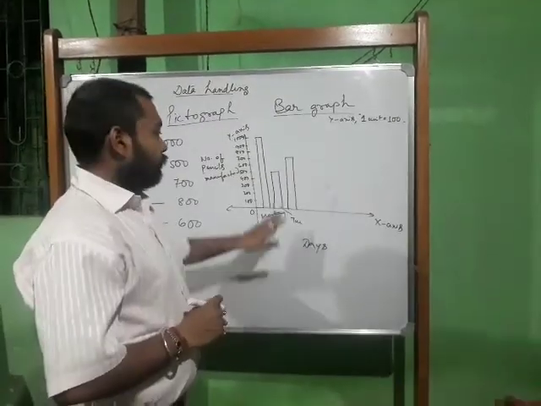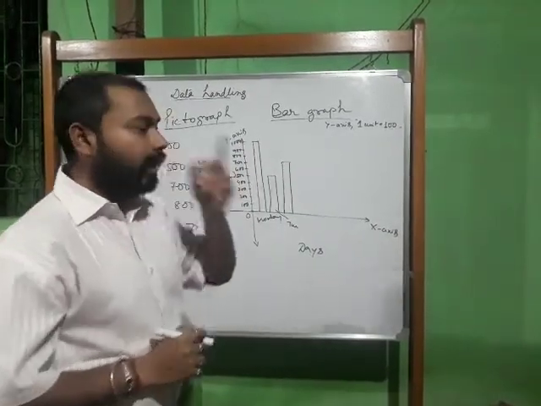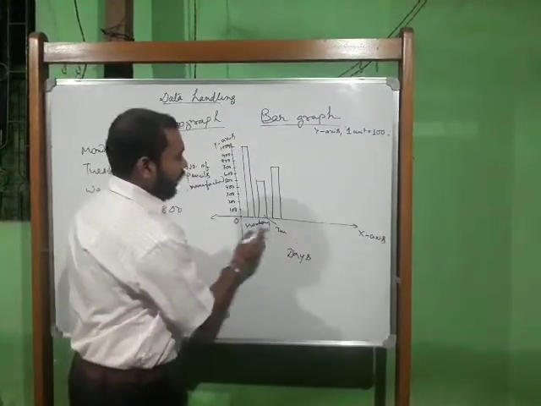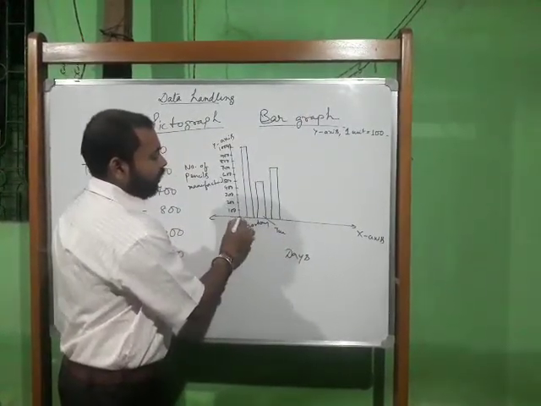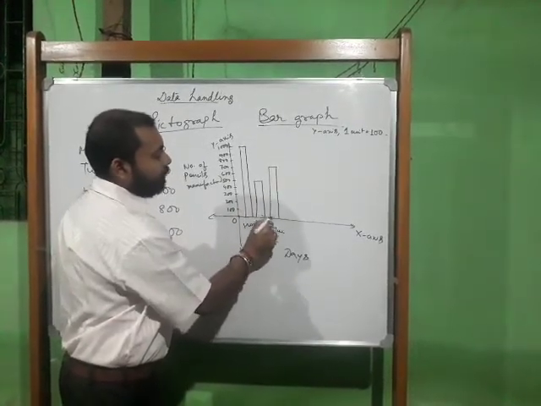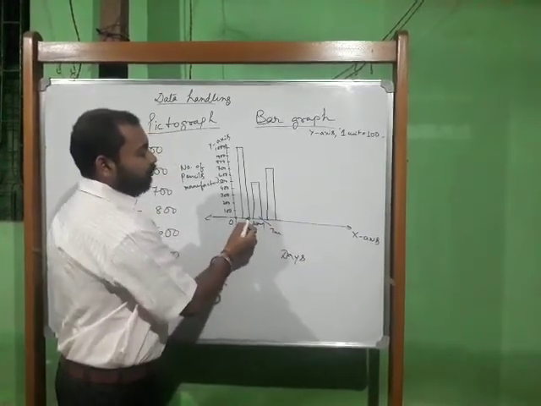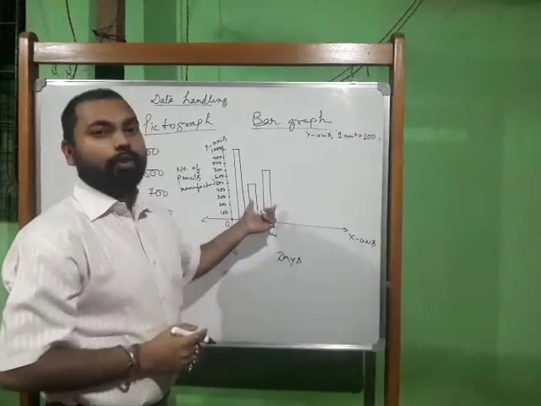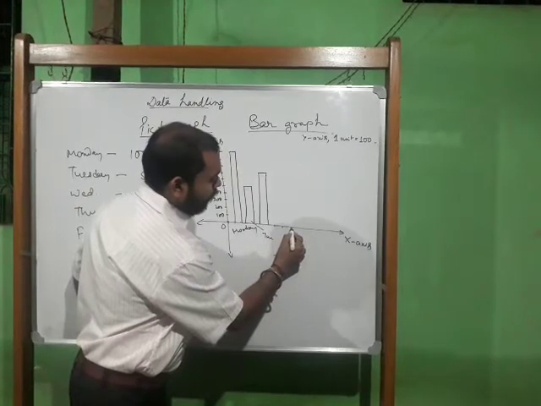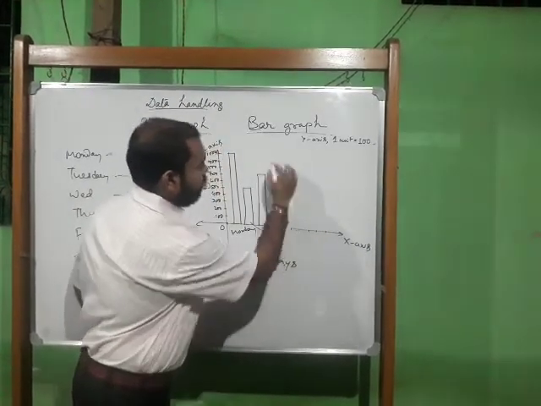Now see, we are drawing the bar graph, and one thing you can do, it will look good if we make divisions here also. Suppose you make one scaling here, at equal distance. Then when we draw the graph, the width will remain the same. Otherwise, if you don't do scaling this side, the width will not be the same and the graph will not look nice. So you make divisions here also, by scaling with the help of your measurement scale. In this way again you do the graph.